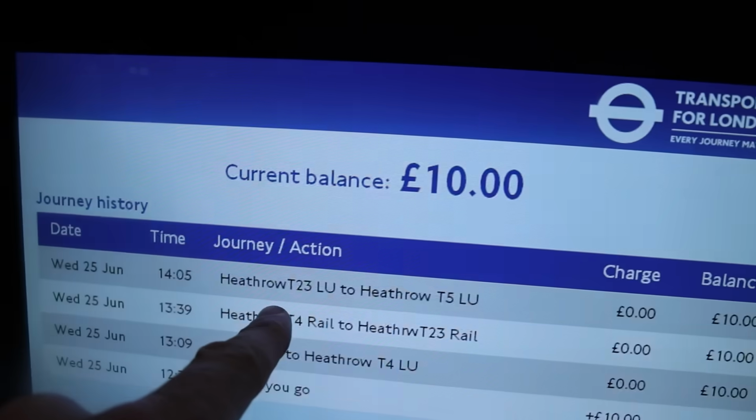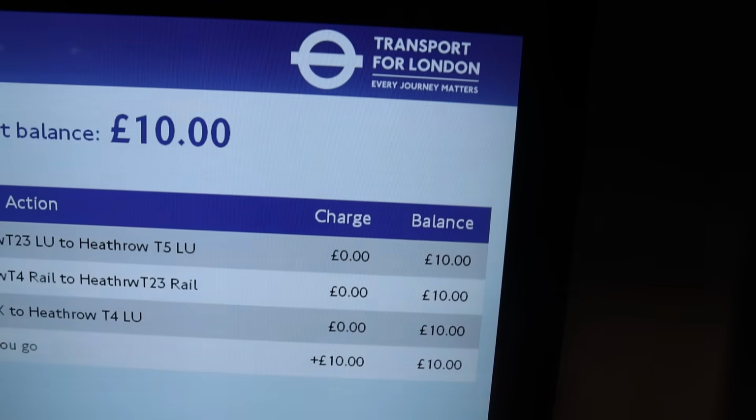Exit the barriers and see how much we've been charged. So still paying nothing, which is what I'd hoped, and as I go to make my next connection,